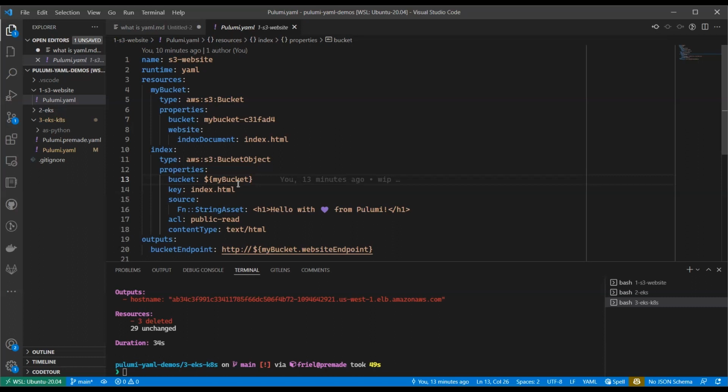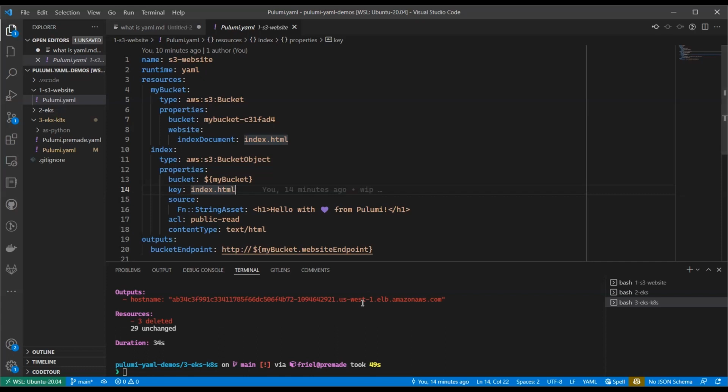we're going to reorder anything in order to avoid cycles, for one thing, and detect those and provide an error, but also to ensure that resources are created in the appropriate order, right? The bucket has to exist before we can create an object in it. We're going to insert this object as an index.html, and we're going to then put an asset as the source.